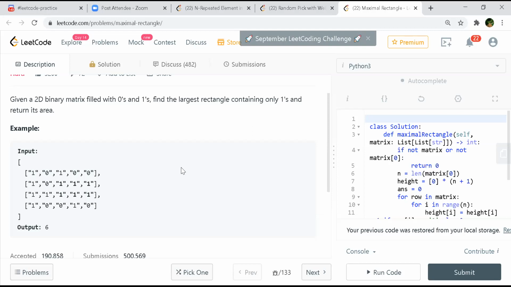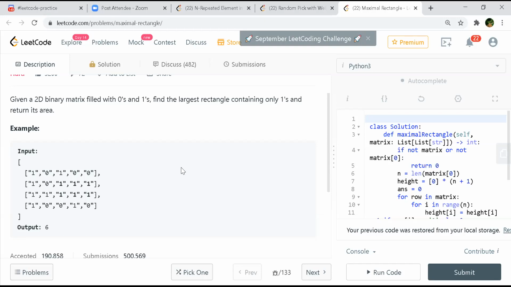But that will be sort of an n cube solution, correct? First generating all the possible rectangles out of this matrix, and then checking which would be maximum, right? So that is one solution, and it might be okay to even implement that in a worst case.